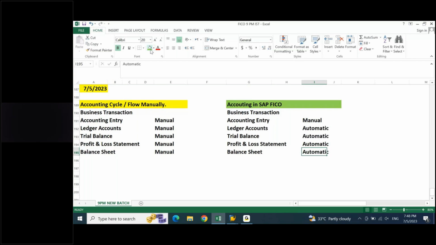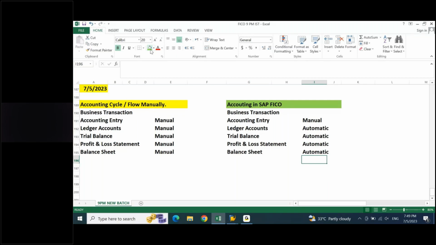In short, if you look at your manual accounting cycle, if you also look at your SAP accounting cycle, in manual, everything is manual activity. In your SAP FICO, only one thing is manual activity, which is your debit credit accounting entry. Correct? If you pass the accounting entry, just which account to be debited, which account to be credited properly, rest and all is taken care by the system. Agree? Correct? Yes. Because everywhere we have listed automatic.